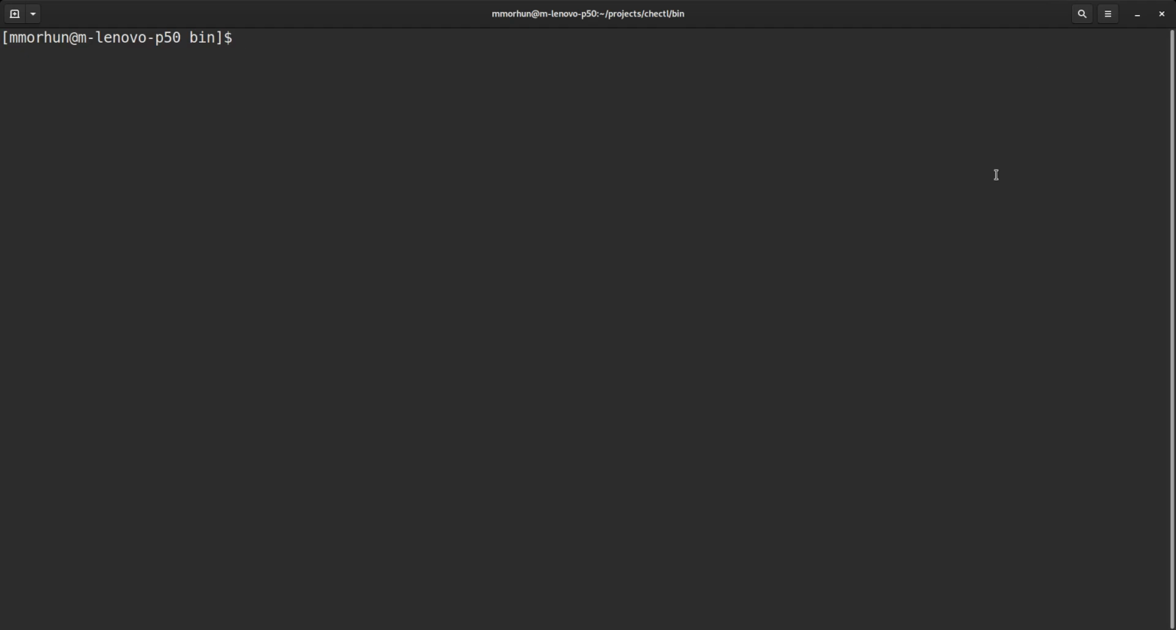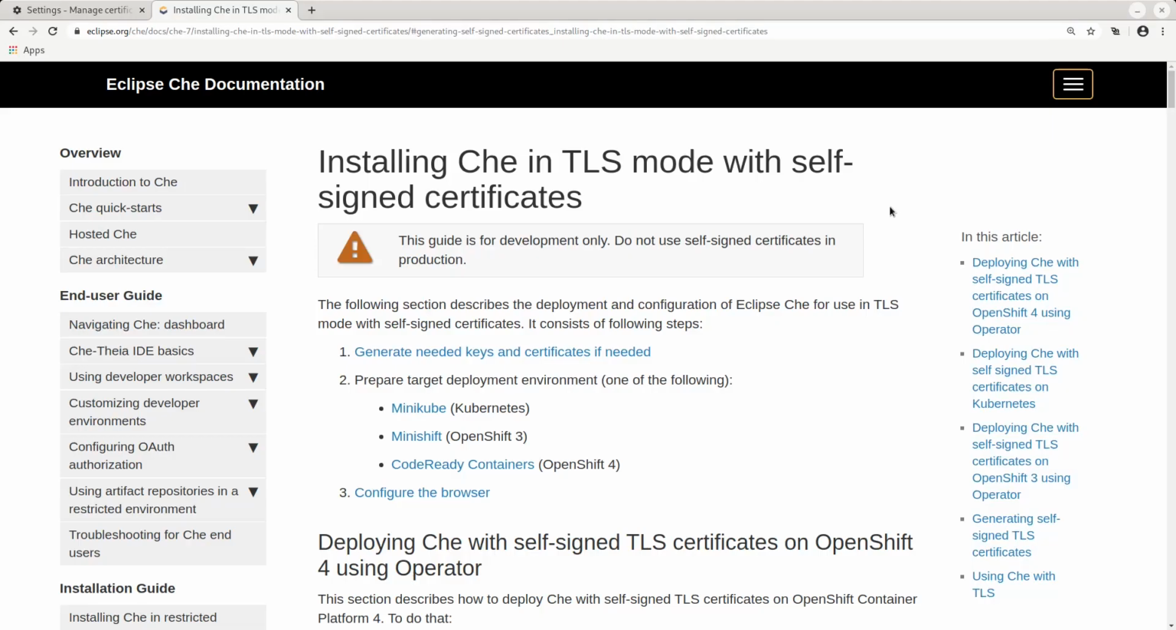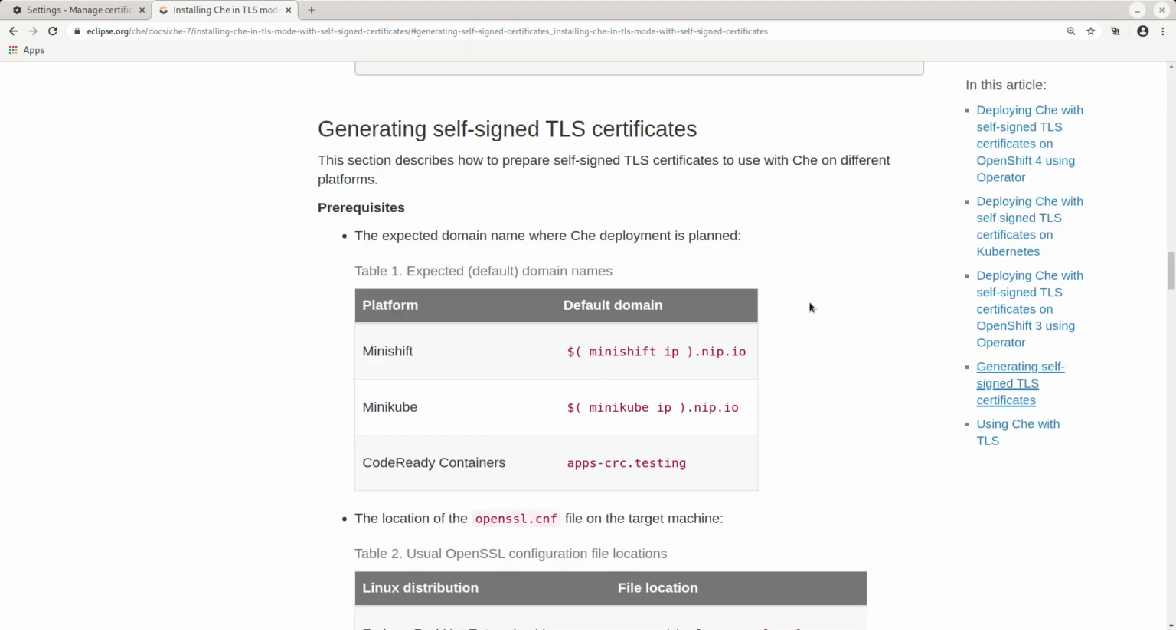Hello, in this video I am going to show you TLS automation in Eclipse Che deployment process. Before this is implemented, users had to pre-create namespace for Eclipse Che as well as some secrets generated by